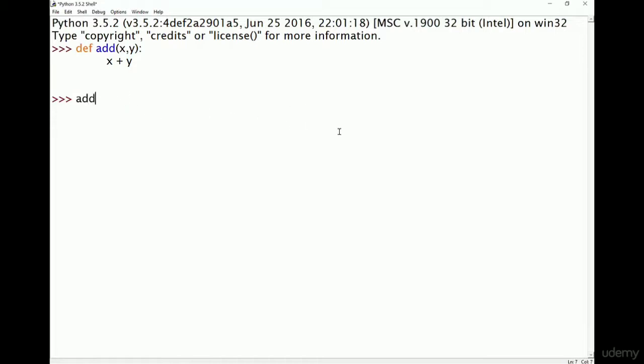If I type in add and open the brackets, you can see this little pop-up come up here. That's Python telling us what parameters we might need. So we need two numbers, let's just say 5 and 10. So that's something quite useful. Now when I press enter,